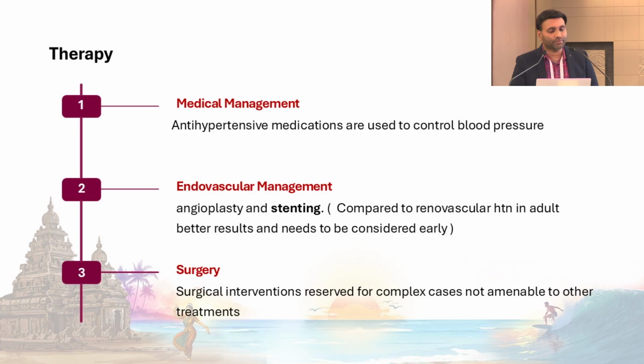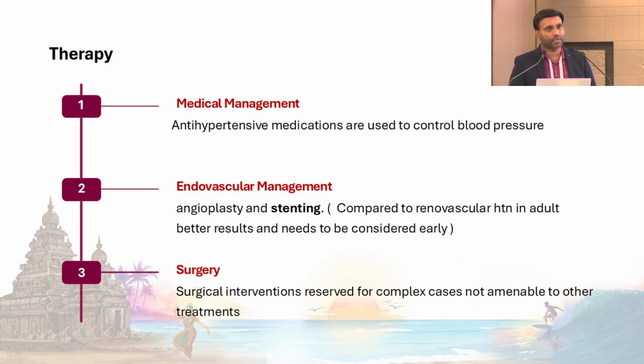So the treatment, as we know, medical management is the first line. You start multiple antihypertensives. There is an issue with ACE inhibitors; we cannot start all patients on ACE inhibitors, so it's probably a beta blocker and a central sympatholytic like clonidine. And then next comes concomitant endovascular management. Angioplasty with stenting is not that preferred in pediatrics because of the size of the kid; the vessels won't regrow much. So angioplasty is usually the preferred thing. Only in selected cases do we do stenting. And surgery is done in complex cases and long-segment disease. So this is the general treatment for renovascular hypertension.